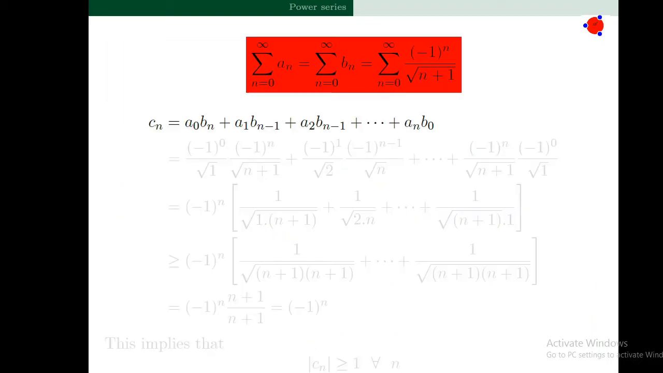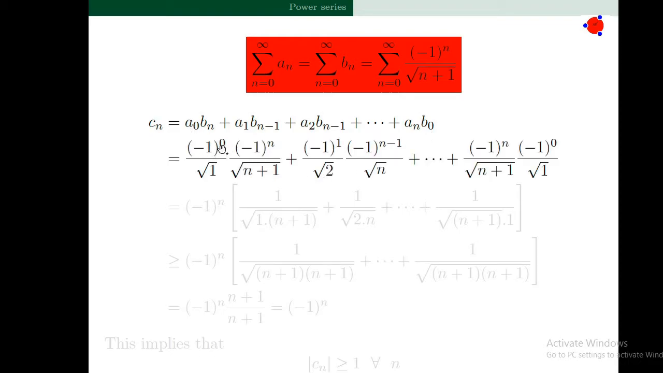We will show that the Cauchy product sigma an is not a convergent series. Now consider the (n+1)th term of the series sigma cn, that is cn is equal to a0 bn plus a1 bn minus 1 plus a2 bn minus 2 plus etc. an b0. Here a0 is (minus 1) raised to 0 divided by square root of 1, and bn is (minus